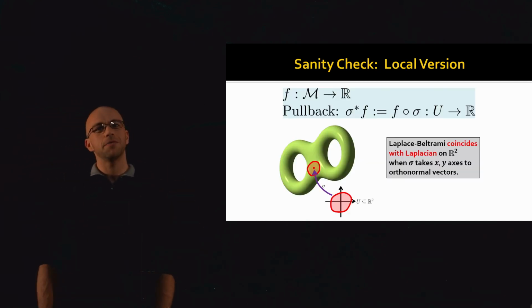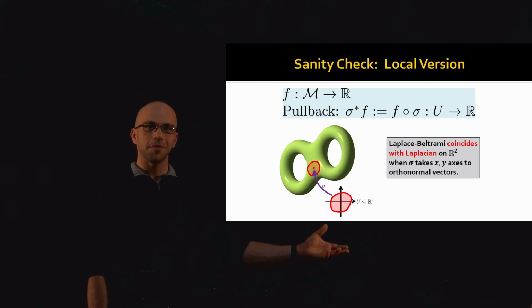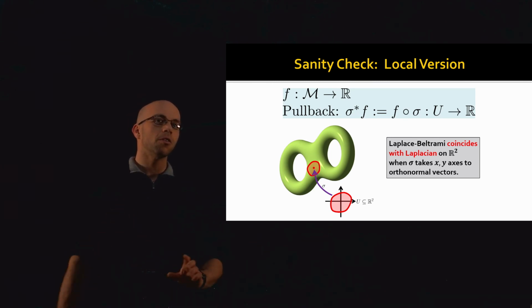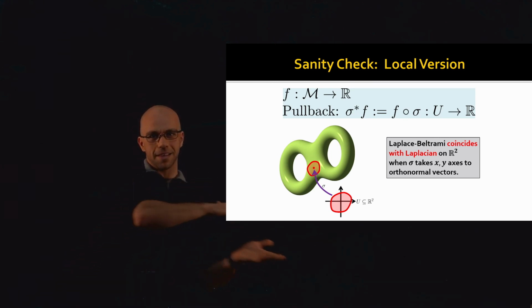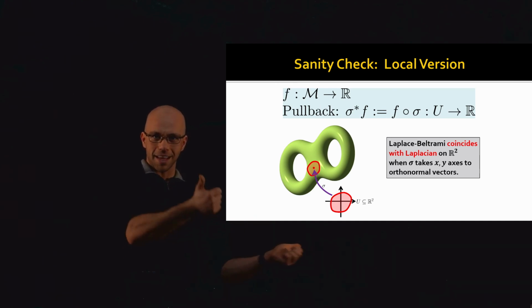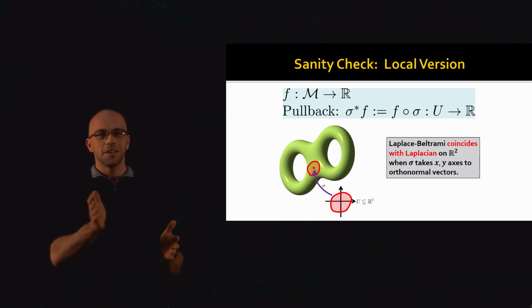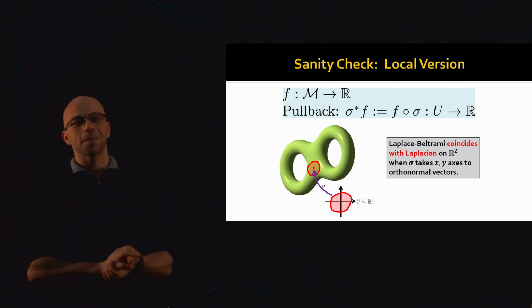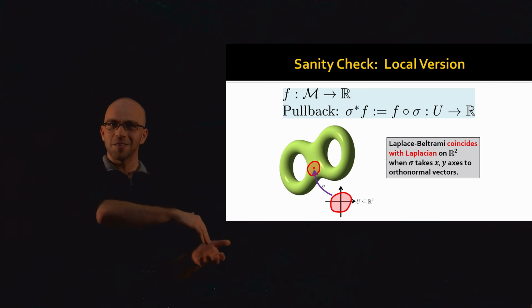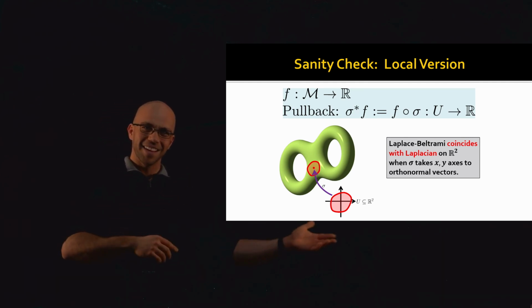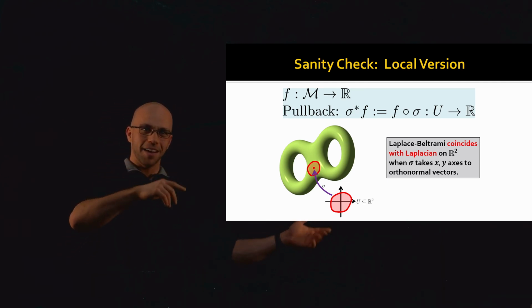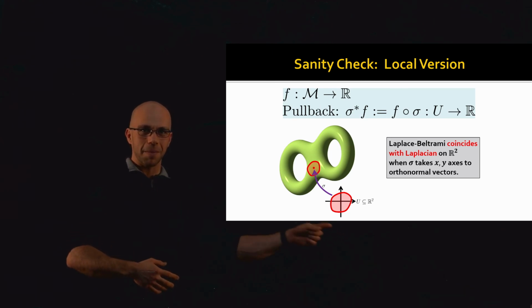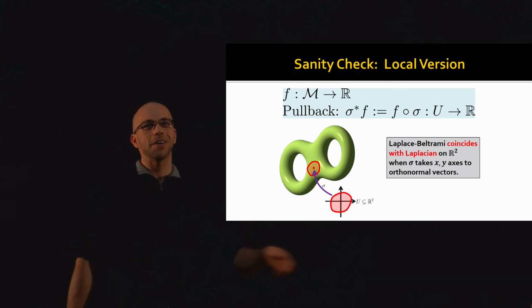In fact, there are many different formulas for gradient. Another way that you can do it is to say I can take a local parametrization of my surface, and as long as my local parametrization maps the coordinates, like the xy coordinates in the surface case, to orthonormal directions on my manifold, then the Laplacian of the pullback of my function, remember that's like, if I have a function on my surface, then I have a function on R2 by mapping to the surface